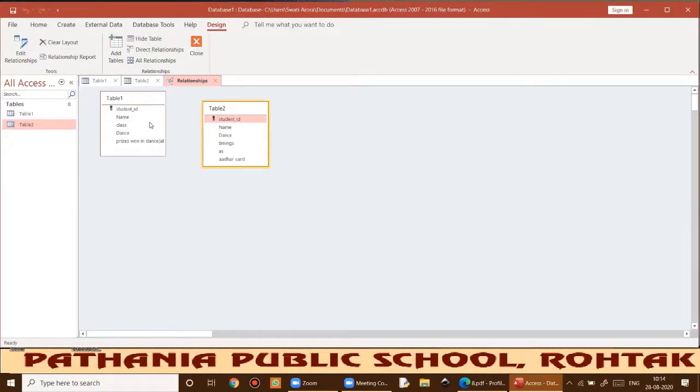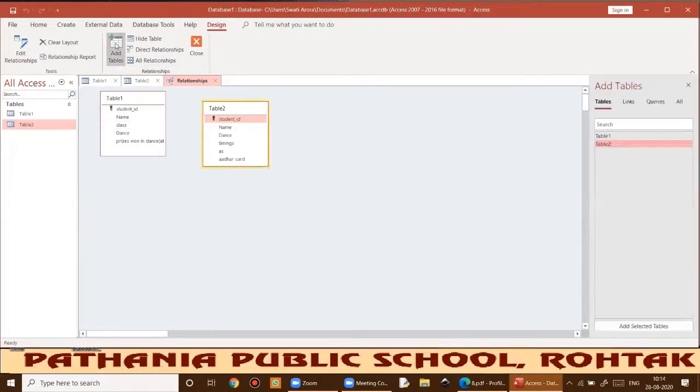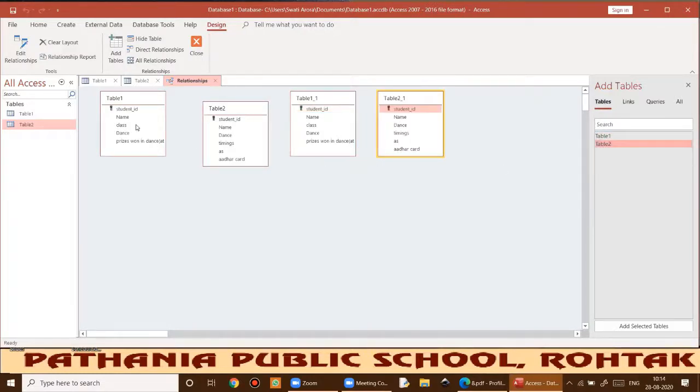Yes, I want to delete it. So for that you need to add the tables first. See, I have already added the table. How you will add the tables? You will click on add tables option. So by clicking on the tables, whatever tables you have made, they will be available here. So you need to double click on it, you can see the table has been added. Okay, so already these tables have been there, that is why it is just creating duplicate copies of it. So you will be only adding 2 tables, table 1 and table 2, as they are available here. So just to show you how to add a table, I have added these tables again.